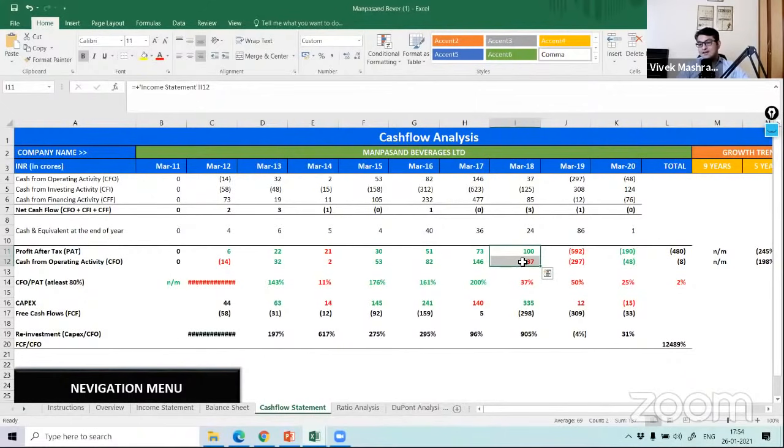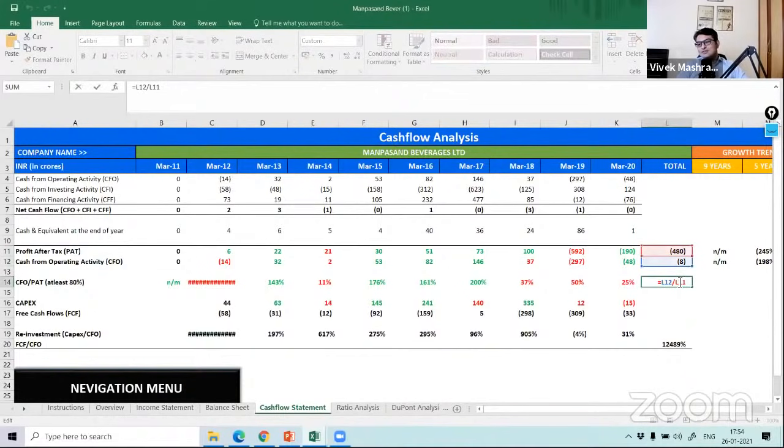That something is wrong. Why is 70% of the profit just on paper, why is it not converting to cash flow from operating activities? And this I told you, right? If you see the 10 years average, you get to know something is wrong here. Only 2% of the profit is almost converting here. Clear? So something is terribly wrong here.